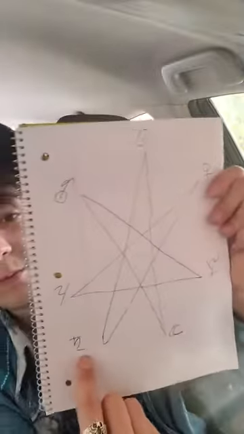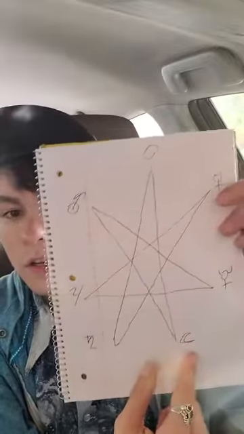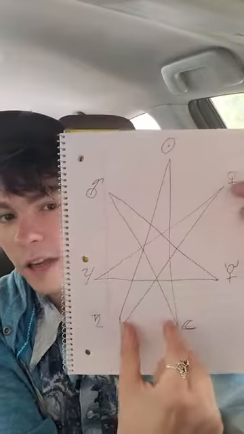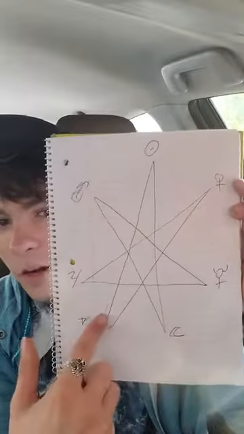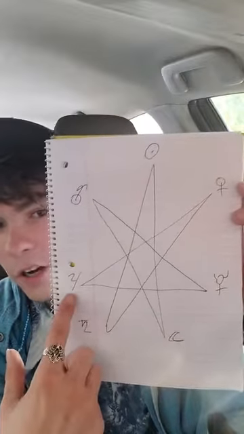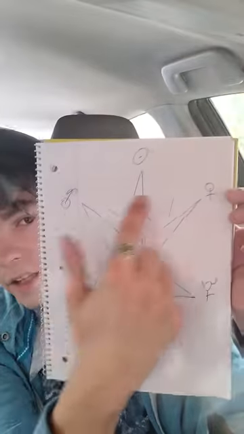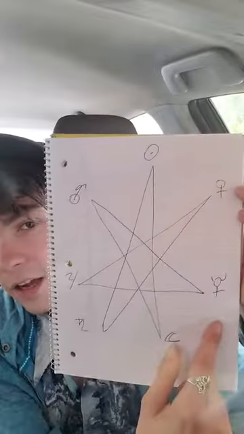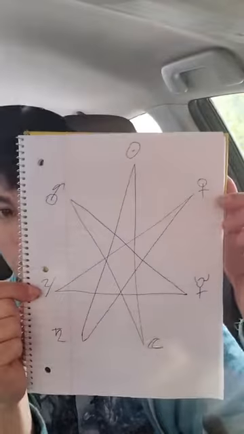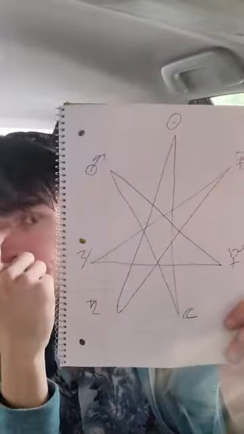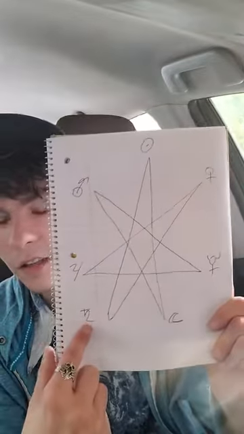it's just interesting. It does seem like Saturn, the sun, and the moon create their own trinity, and they don't really have a masculine or feminine, whereas when we go through this star, we almost start to see Jupiter is more feminine and Mars is more masculine, and then Venus is more feminine and Mercury is more masculine, going round, right? So just some things to bring up. But basically, to start then, understanding the dial of 7 and what these would represent